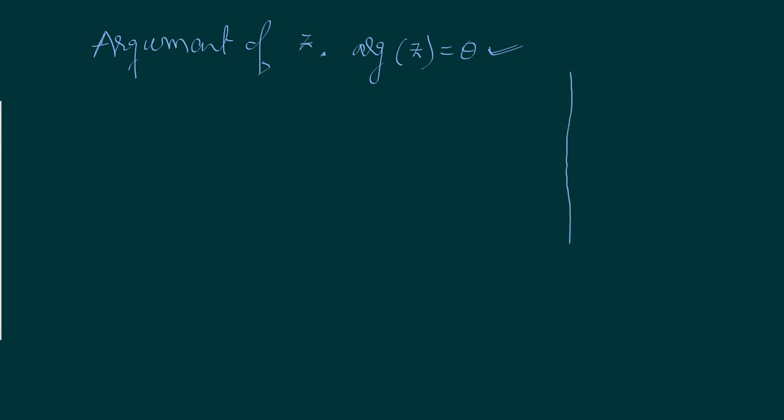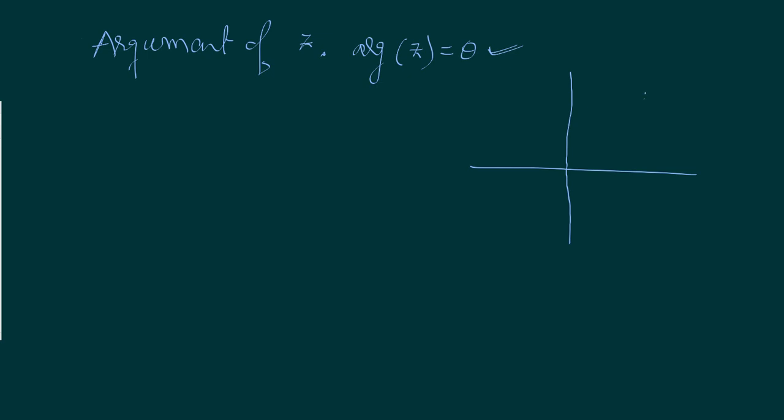Write argument of z. In short, we can write this one as argument of z, which means this is angle. So what exactly is it? So for example,